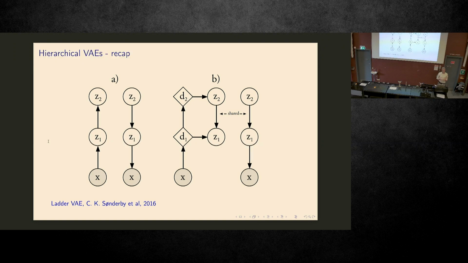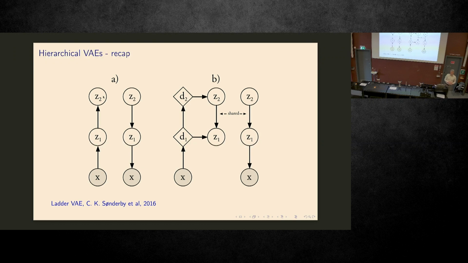So it makes sense to build these hierarchical latent variable models. The first ones on the market worked in the way that you reverse the arrow: the direction of the generative model goes from high indexes towards low indexes, and then in the variational distribution you go the other way.